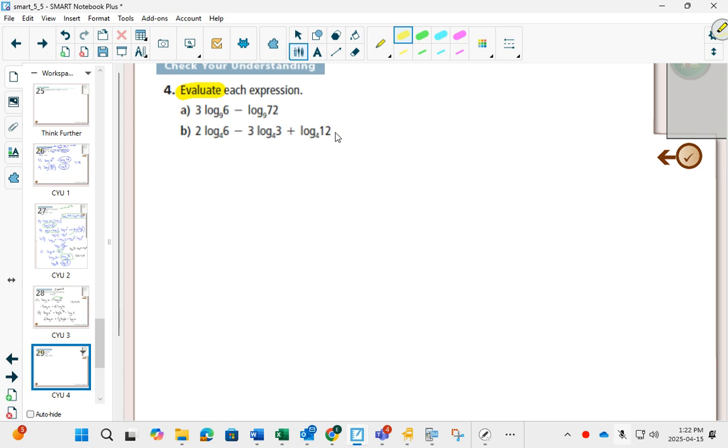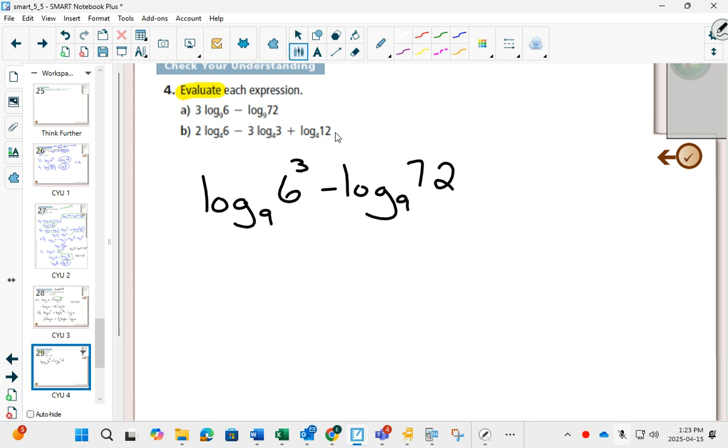But often, if we simplify, in other words, if we write as a single logarithm, maybe this will work out nice for us. Okay. So first of all, if I want to simplify it, I would have to move that 3 in as an exponent, because the only way you can use a log law with subtracting is if you have 1 log minus 1 log. So when we're simplifying, we're always doing the power rule with the exponents first. When we're expanding, we always do the power rule last. Makes sense, because you're going in one direction or the other direction. And now I could write this as